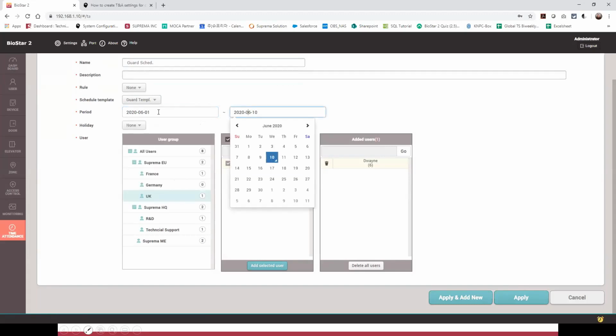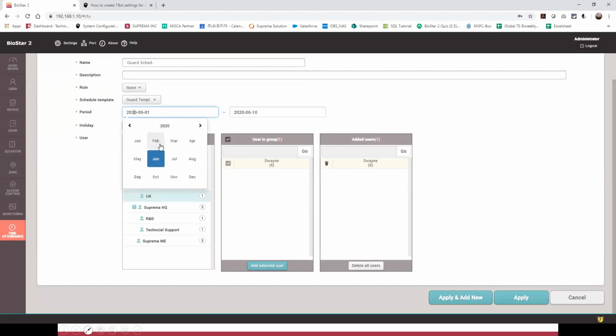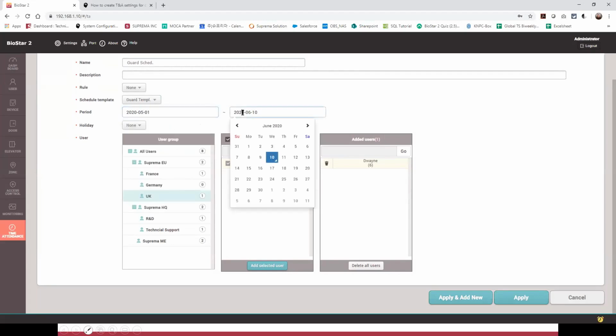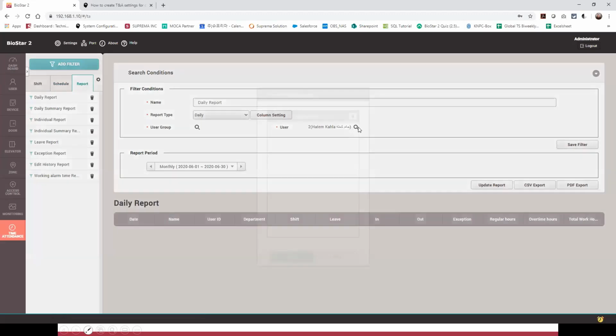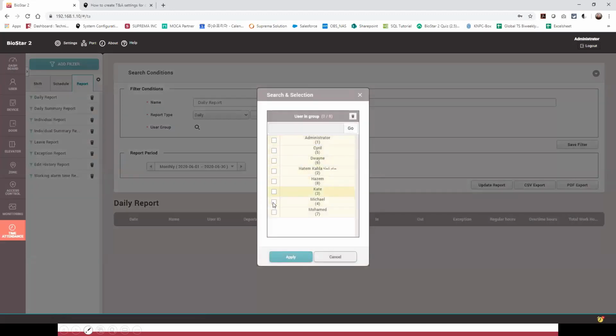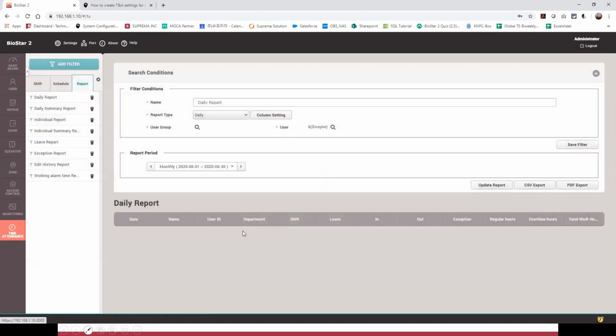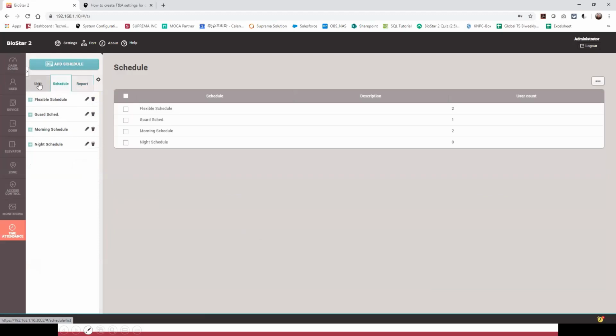Until, or let us make it from May. So when you run the report, it will be easy for you to say. So it is from 1st of May, Friday, until end of the year. This is their contract. Apply. So this guard is having that schedule. So if we go to the report and we go to that employee and run the report from May, before that, let me just tell you that in the template,